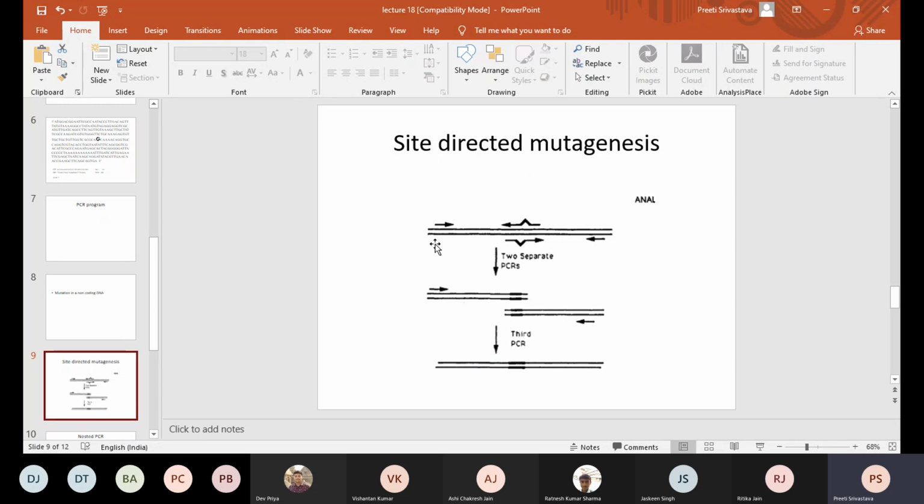So for site-directed mutagenesis, this is a representative diagram where you can see the double-stranded DNA is actually the gene. The arrows shown on the left and on the right are depicting the forward and reverse primer, which you have already designed. Now if you want to make a mutation, you design another forward and another reverse primer.